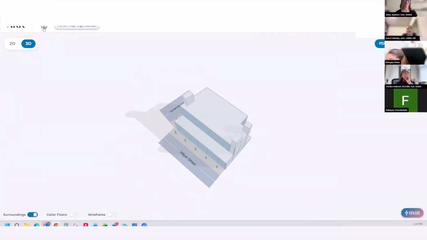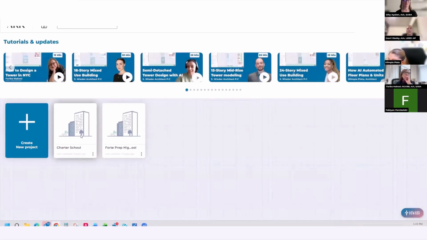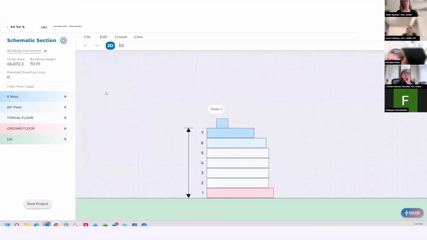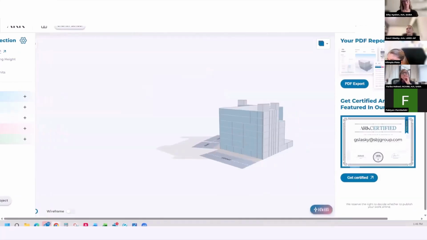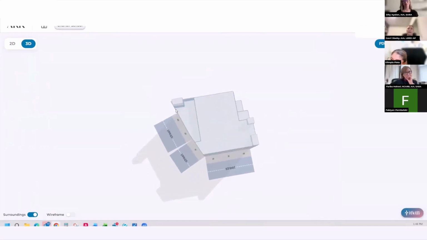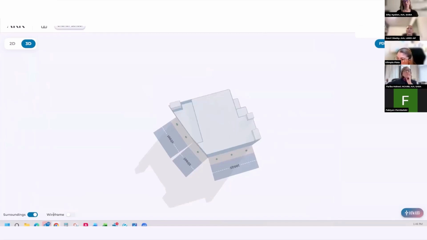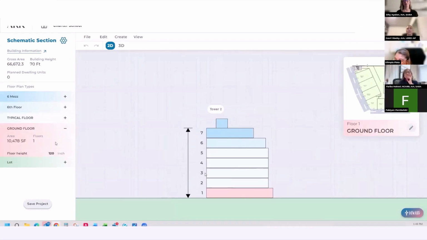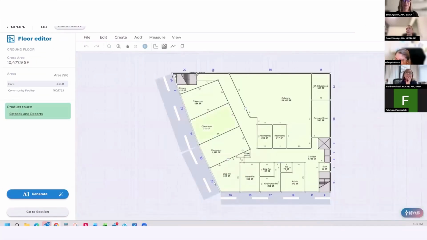I'm actually working on another very similar project, also a 6-story school building, also with one street that is at an angle. This street actually has 2 angles to it, so that was a little trickier. If we go to the ground floor plan, you can see how I was able to break this street into 2 segments and then adjust the